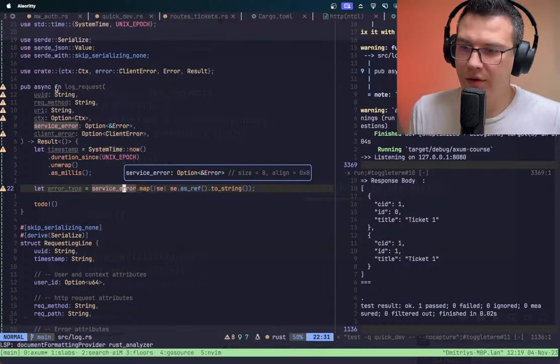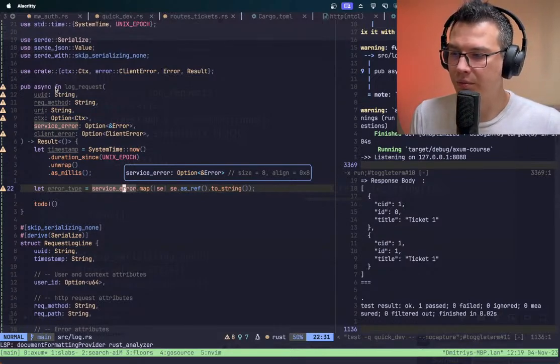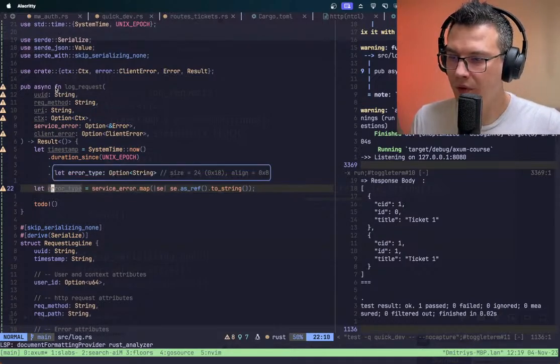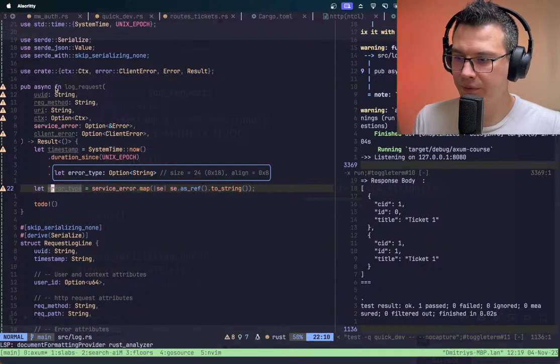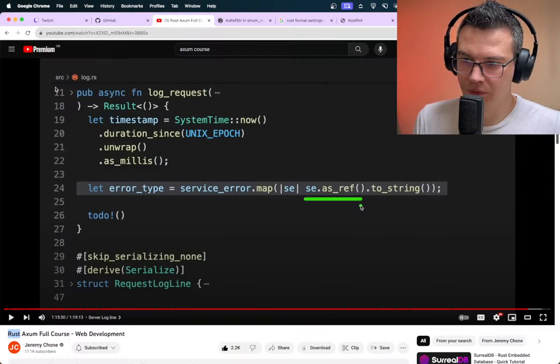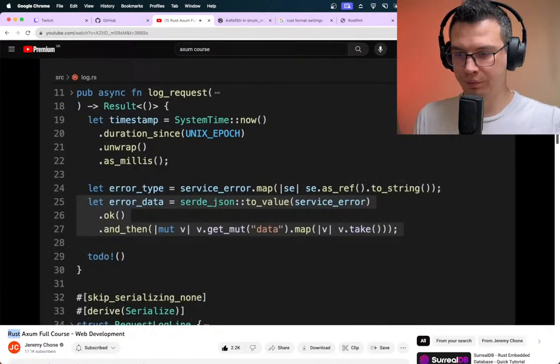And this is still an option value. And this is also an option string. All right. Return an option, and then we're going to have our error data, which will